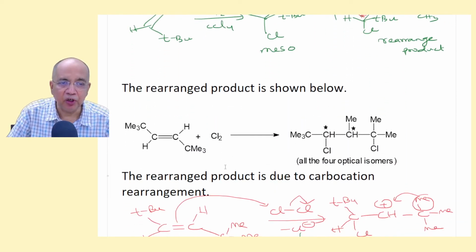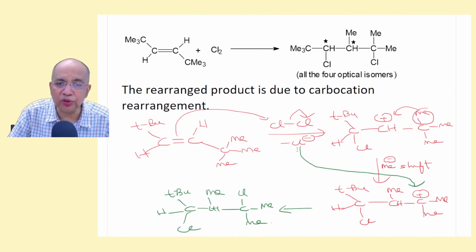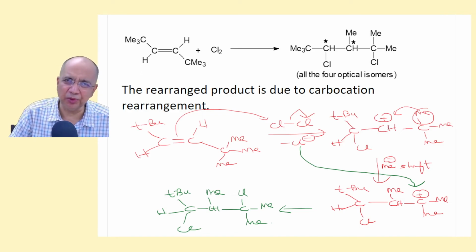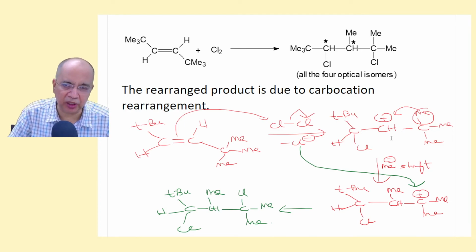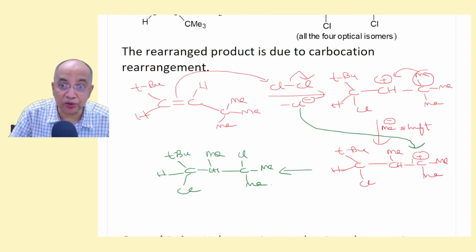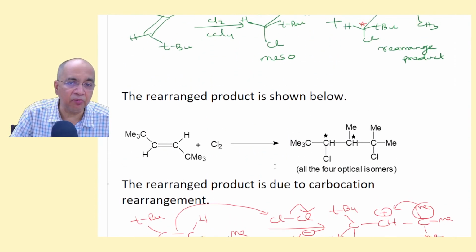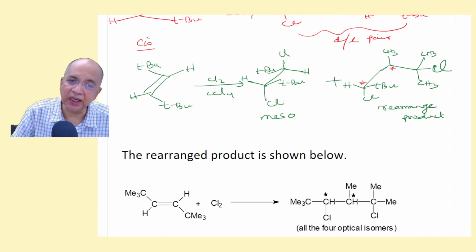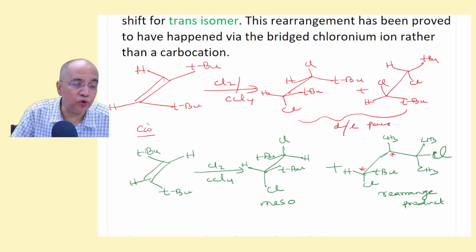But some of them will go for rearrangement. I have shown you the rearrangement mechanism. For example, chlorine joins here, chloronium ion joins here, carbocation is formed here. It's a symmetrical compound, so both sides will give you the same thing. So this is a secondary carbocation. There is a methyl shift, so that the 2 degree carbocation is promoted to 3 degree, and then the expelled nucleophile, chloride ion, attacks, so that you get this rearranged dihalide to a small extent. But you also get the anti-addition product, even if the groups are so bulky.